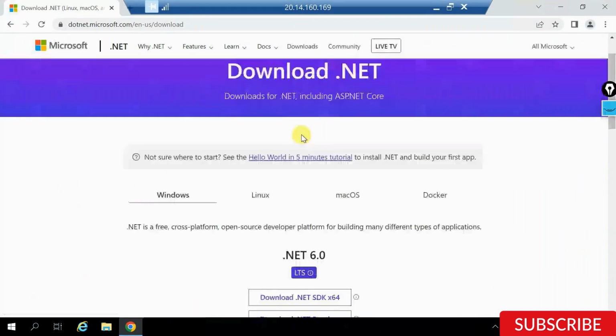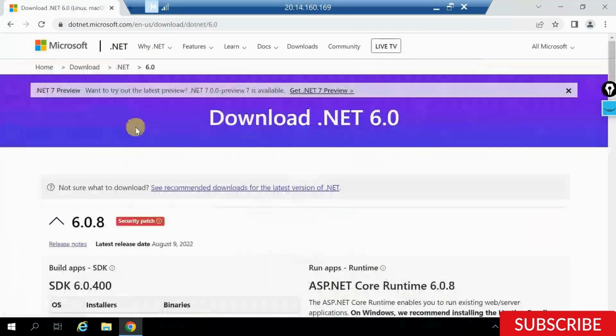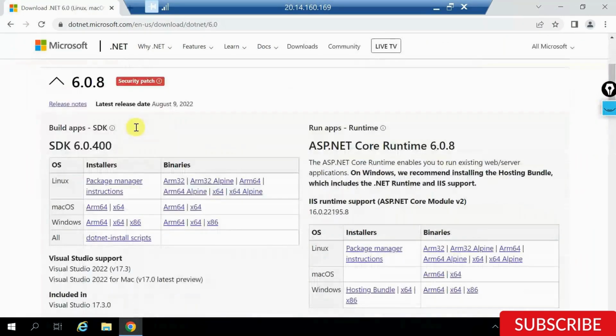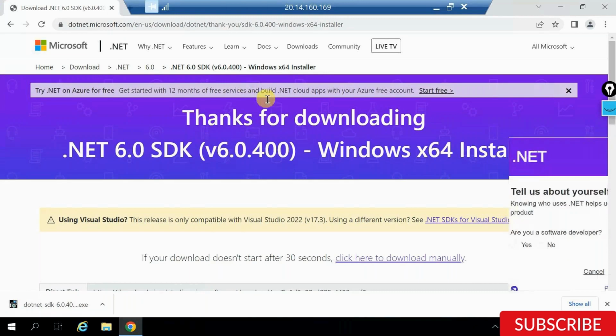Again, it's a .NET 6. I also have .NET 6. I have, let's say, something like .NET 3.1 and etc. So in here, it's a Windows machine. I'll say x64. I'll just download this out, install the .NET software out here. So the second thing is that I'm installing all the SDKs that I need, which is a software development kit, which will help me build my application. And once this is done,